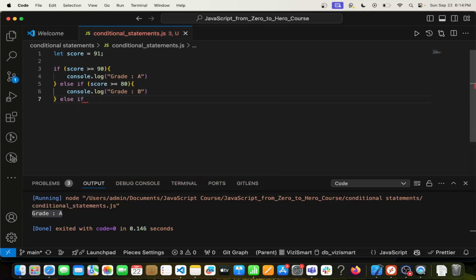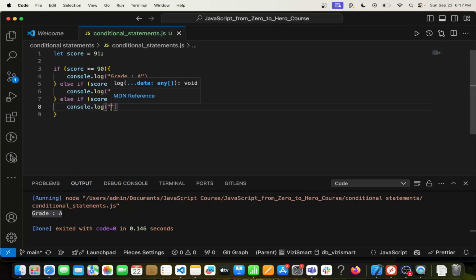Else if, and we can have as many conditions as we need. So let's add the third condition. If the score is greater than and equals to 70, then